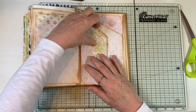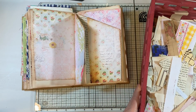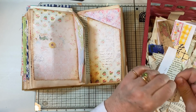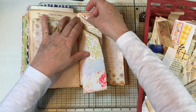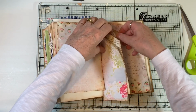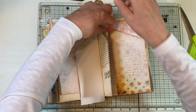I don't really want it to be anything that draws too much attention. And yet, scrap bin and see if we have a piece of music that would work. Shouldn't have torn that. I should have gone over maybe. Yeah, that'll be fine. Just a little something to cover up the book text. I mean, I wouldn't mind the book text, except it just looks like, oh, she forgot to cover that part. Okay, so we'll just stick that down there, and that will be